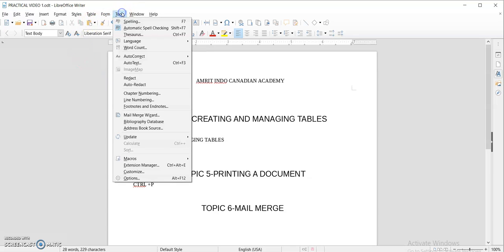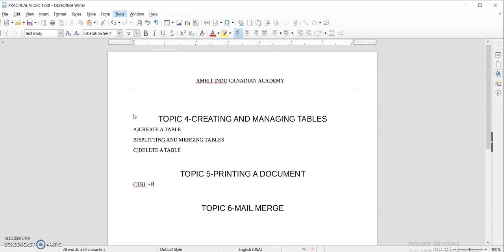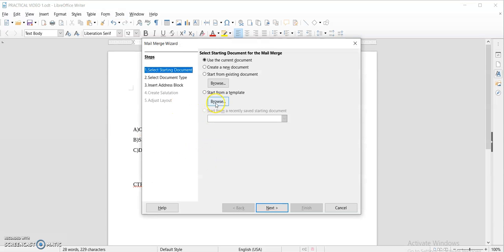First of all, we will go to the Tool tab, then Mail Merge Wizard. We will select the starting document, then use the current document.